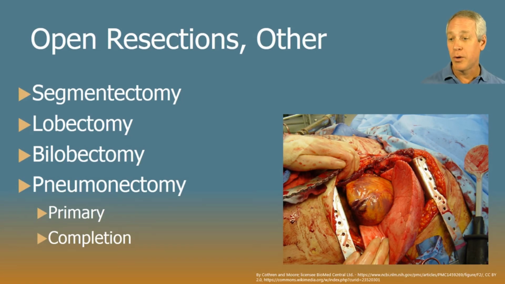And then the other open resections, as we go down from least to most aggressive: segmentectomy, lobectomy, bilobectomy. And then those are just different flavors in the ordinary pneumonectomy. That's the whole lung. Forget about the extrapleural pneumonectomy, but there's a primary, which is the more common, and a completion, wherein a patient previously had a lobectomy or segmentectomy, and they're coming back just to take out the rest. Here's a pretty aggressive